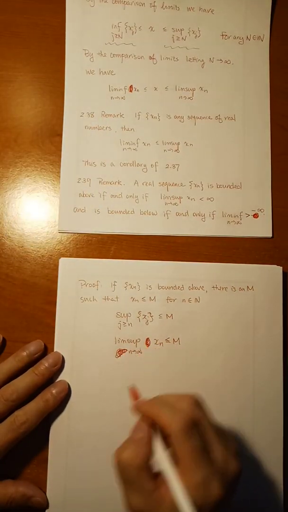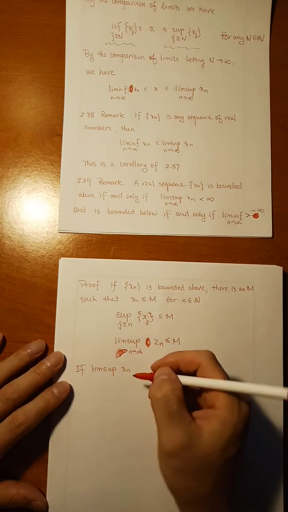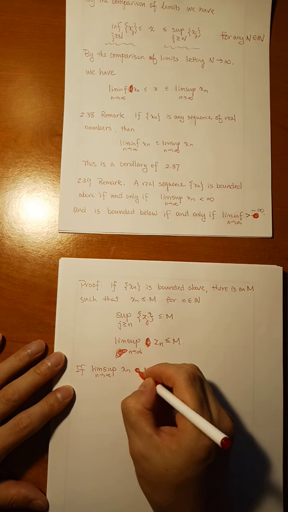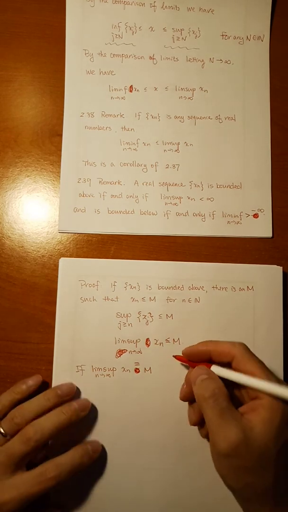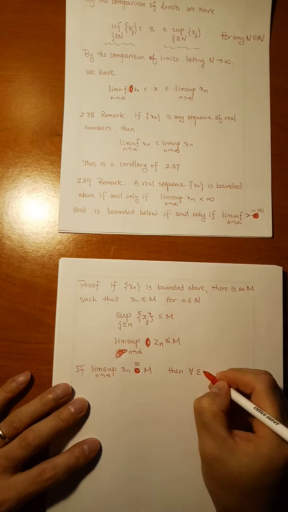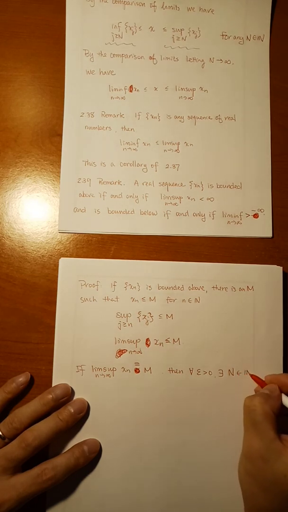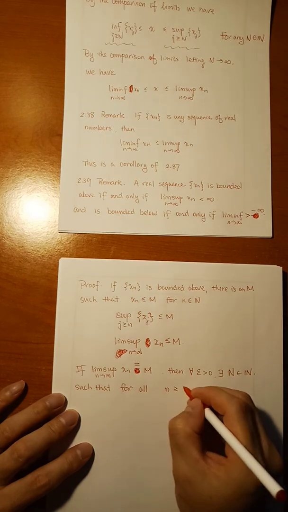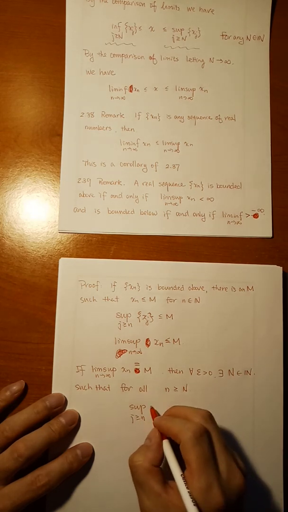Okay? So this is one direction. The other direction: if the lim sup of xn as n approaches infinity is equal to a certain m, then it means for any epsilon greater than 0, there exists a capital N in the set of natural numbers such that for all n greater than or equal to capital N, the supremum over j greater than or equal to n of xj